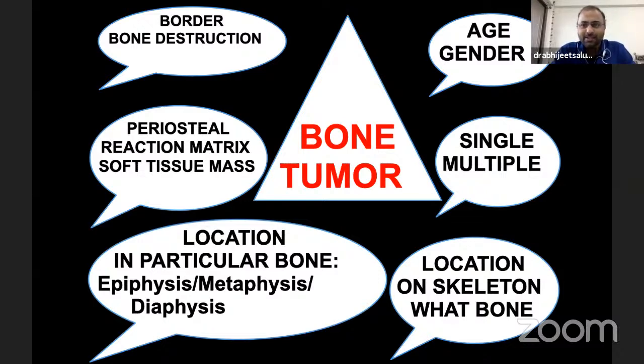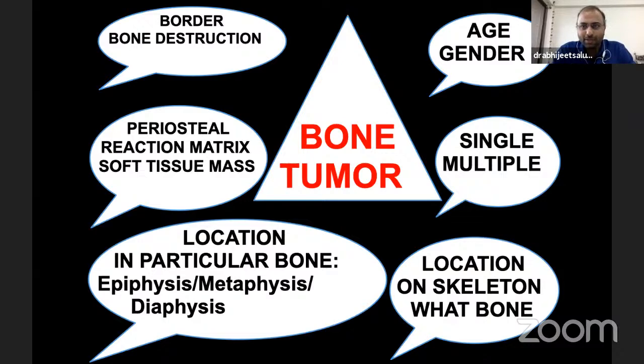So this looks like quite a busy slide. We are sitting in our OPD, seeing 50 to 100 patients daily. It's very difficult to read an X-ray based on this pattern. So age, gender, single, multiple, and we have very much difficulty reaching a diagnosis based on these busy slides. So we thought that we would make a simple method which can be easily used by any orthopedic surgeon